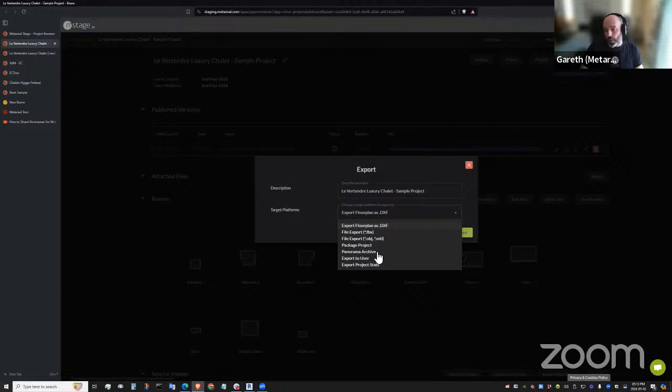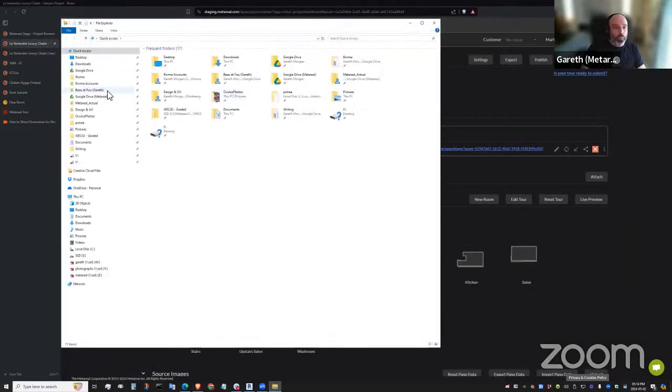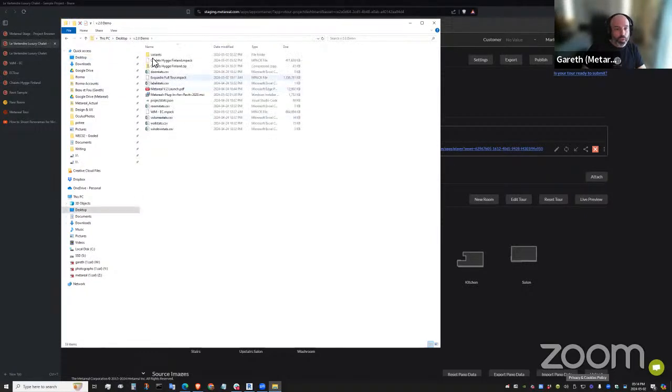You can export all the panoramas, and you can also export what we call the project stats, which is a way to get a bunch of CSVs with a bunch of analytics information from inside the tour. So if I go here, we can have all the stats for the doors, because the MetaReal tour is inherently quite well classified. Everything's broken down into doors, windows, rooms, walls, and so on. We can export CSVs of all that data, so you can find the floor area, the wall areas, the inventories of different things.